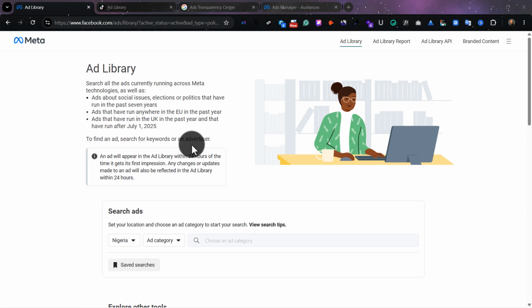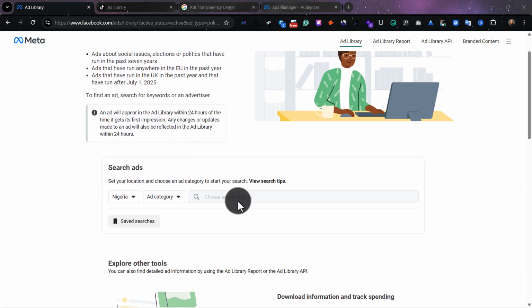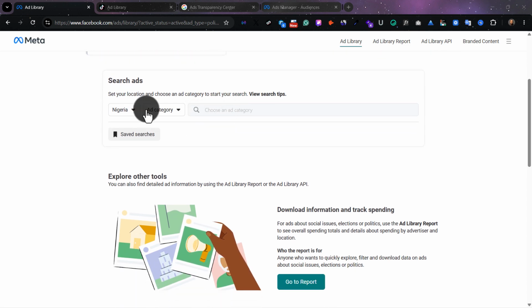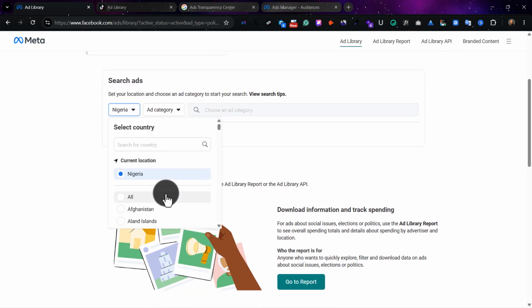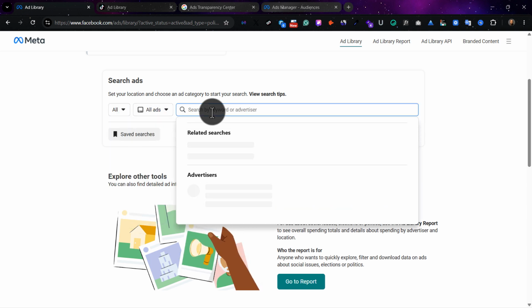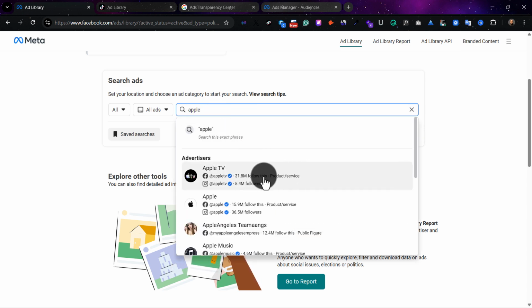So the first thing you have to do, say for example now, you're a competitor to Apple, right? And you want to track Apple's ads to take inspiration from. So all you have to do is, I usually select "All," then I select all ads and you click here to search. Okay, so after searching Apple, you can see Apple has Apple TV, but I'm just going to click on Apple